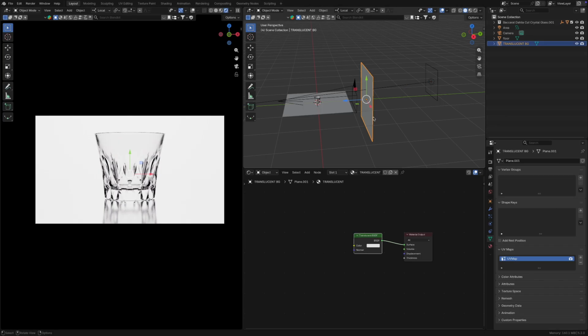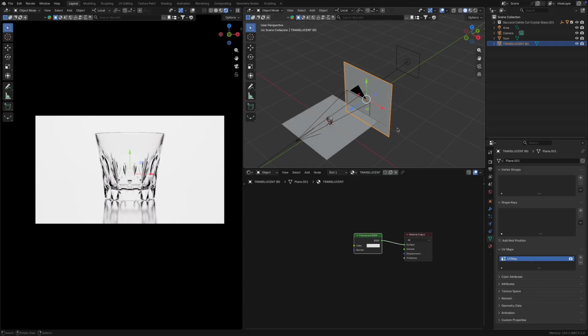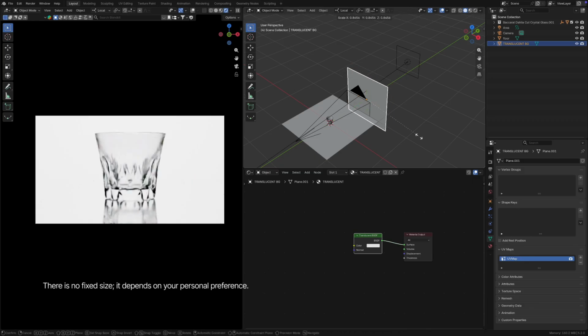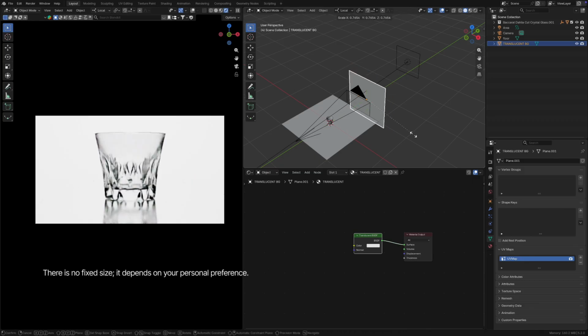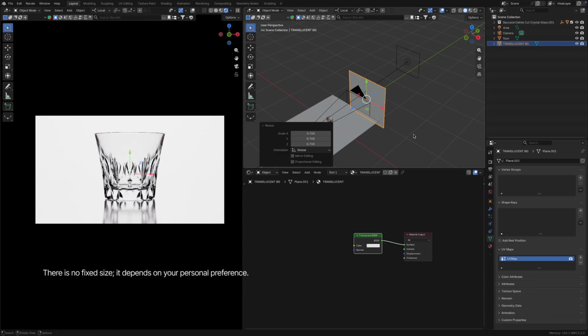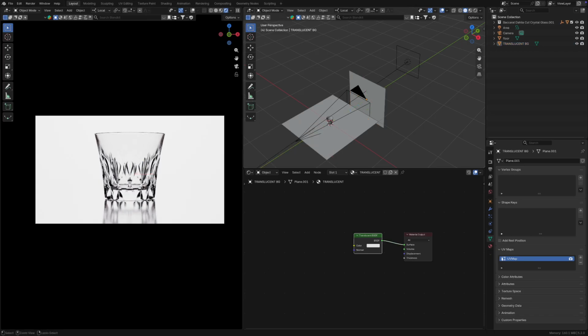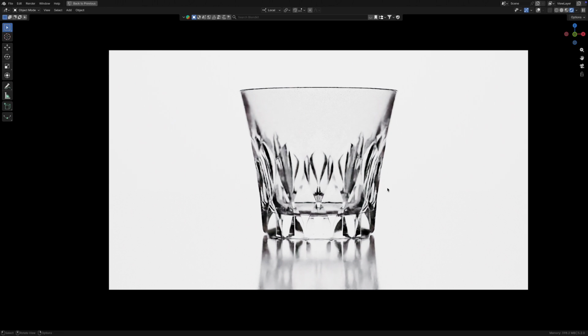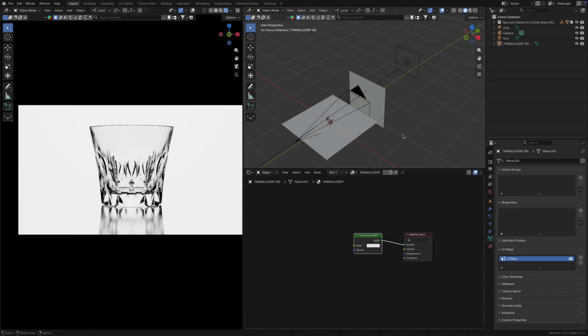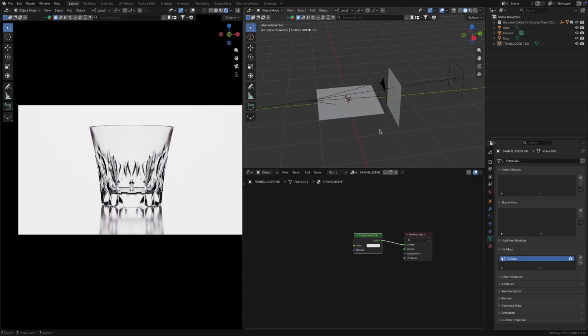Remember the diagram. Any changes in X, Y, and Z dimensions will affect the final result. I will scale down the translucent background to get a more contrasty look. That looks fine to me. Let's check the result. According to the diagram, my scene setup is done, but before pressing F12 to render, you have to adjust some